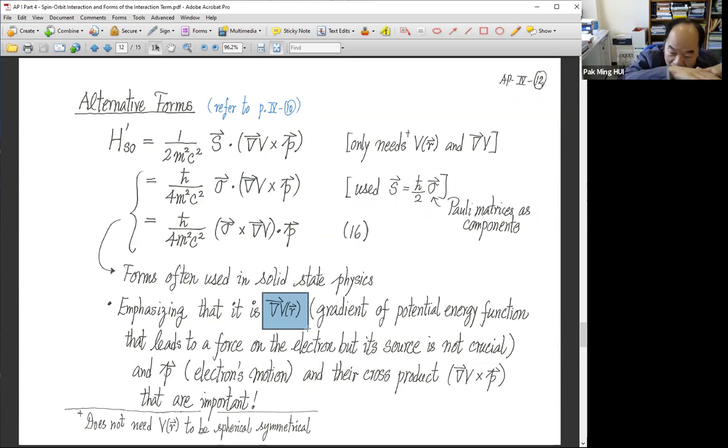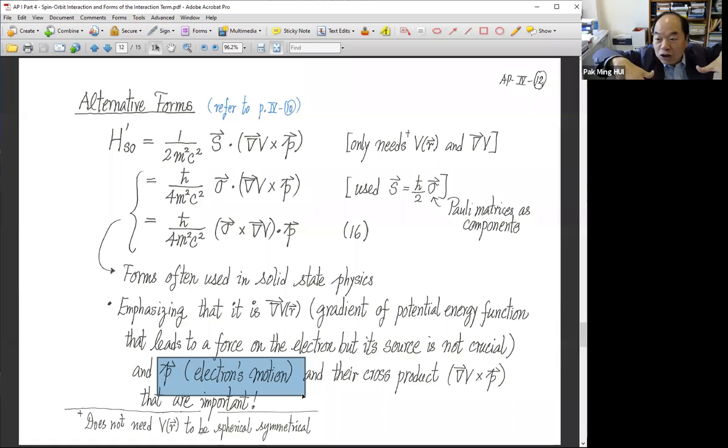You need that. And it also emphasizes that the electron is moving in it. So momentum, that is the electron's momentum, okay? So it emphasizes that it has to do with the electron's motion in a potential energy landscape